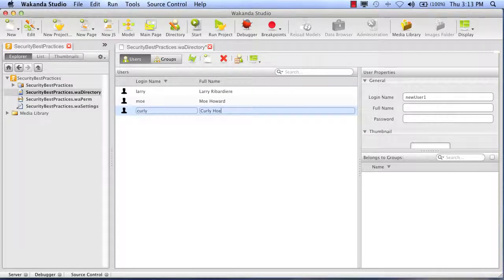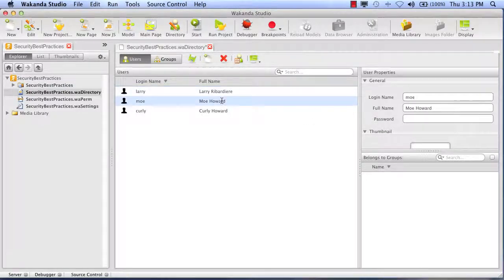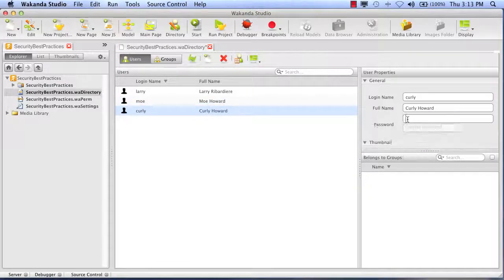Okay, that should be good. So let's go put some passwords on our users. Okay, so there we go. We have our three users, we have our passwords. So let's save our directory,